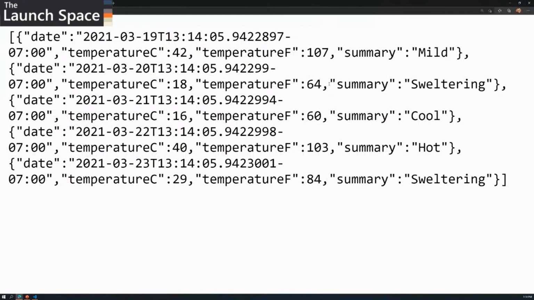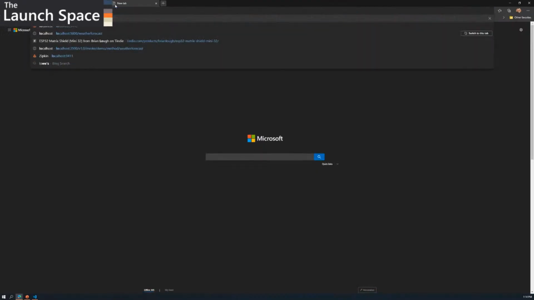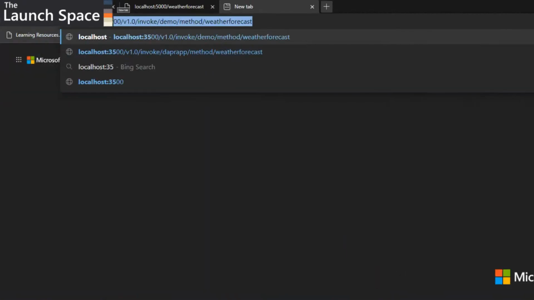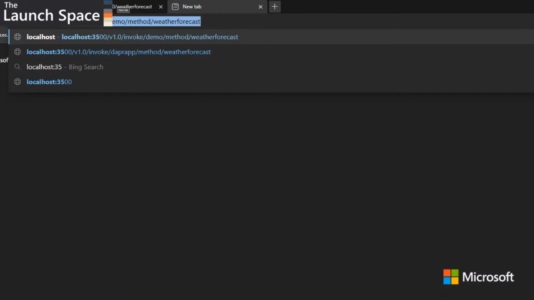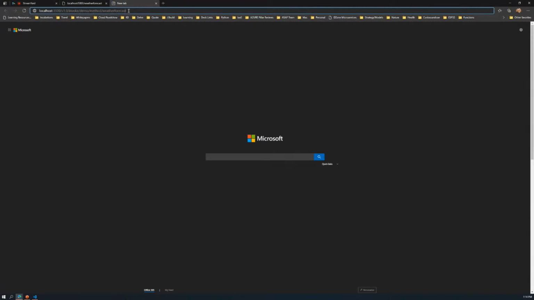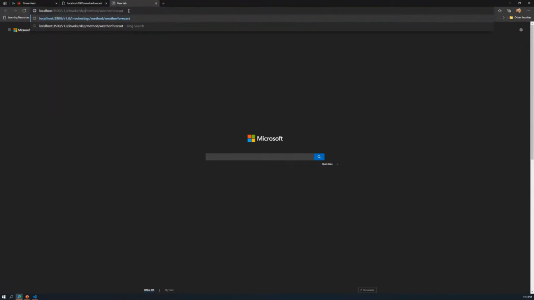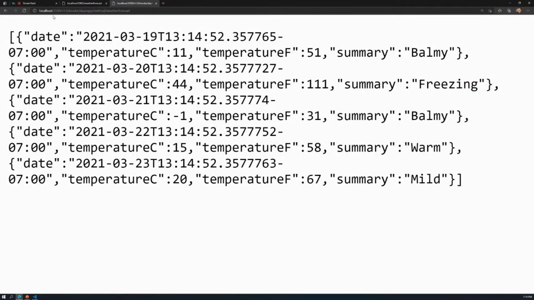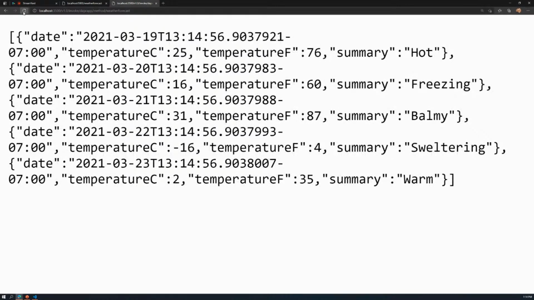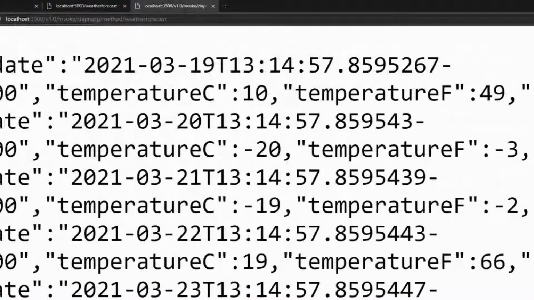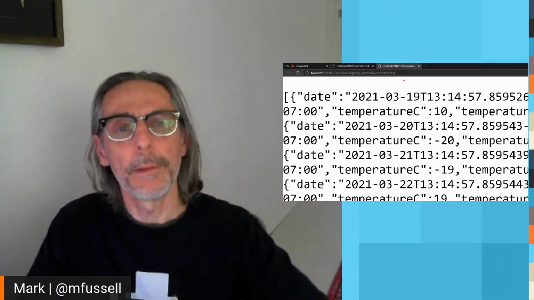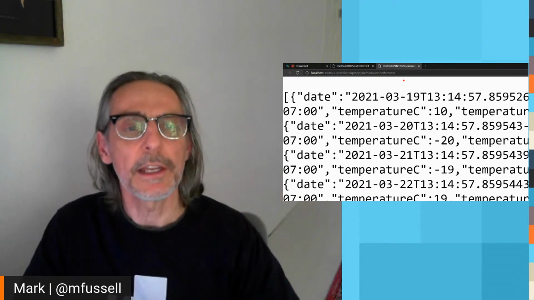So let's just go back to the browser here. And if I now go and call that Dapr API, I can do a localhost call here. I can do 3500. Let me just zoom in here so you can actually see this. And you can see that I can say, I'm going to use the invoke API to call the weather forecast instead. I do have to change this here because it was actually dapr-app inside here. So this is dapr-app, that's what we called it. And now when I run this, boom, I get the same set of responses I had before, but this time I've done it through the Dapr URL, getting all the great benefits of Dapr, like diagnostics, discoverability, failover, security, and all these things.